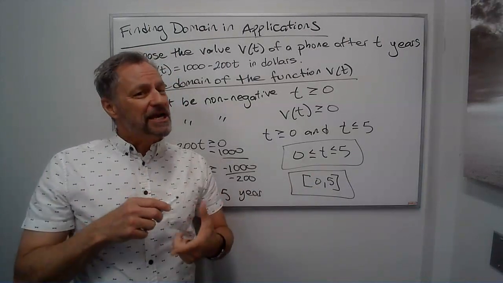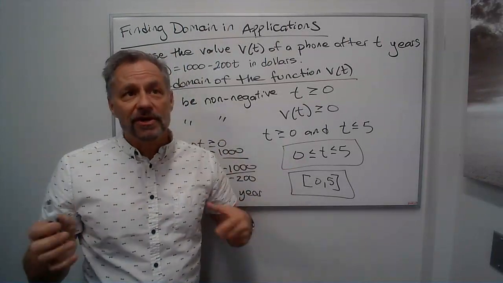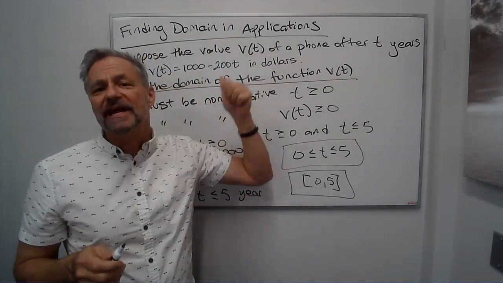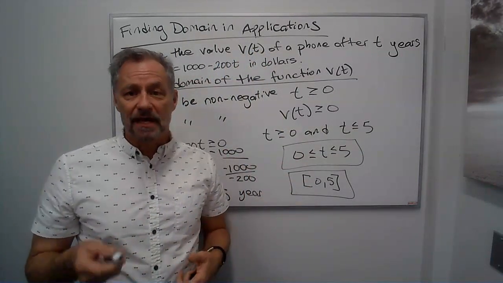Okay, so make sure that it makes sense. You have to do a little thinking here. It's not just, oh, what does this mean? But we understand, oh, the time has to be non-negative. The value of the phone has to be non-negative. And then we go from